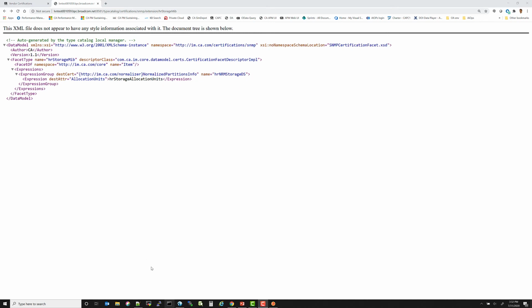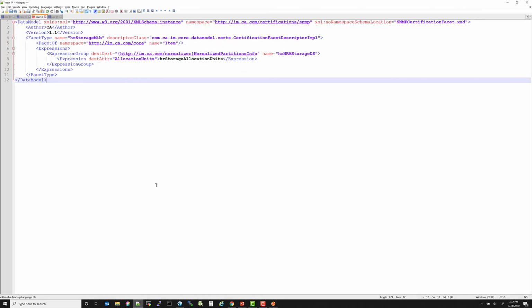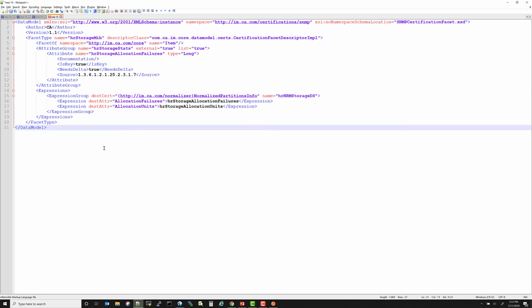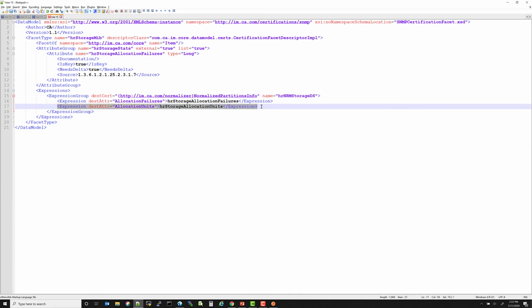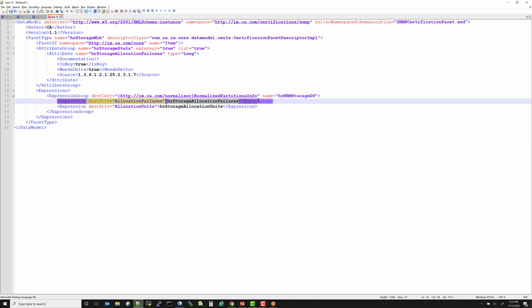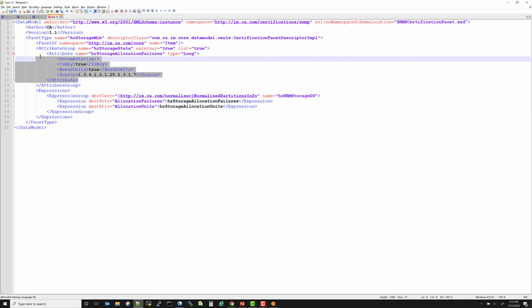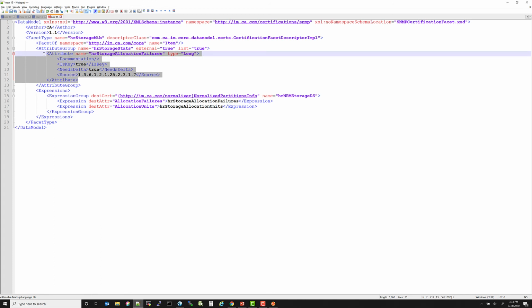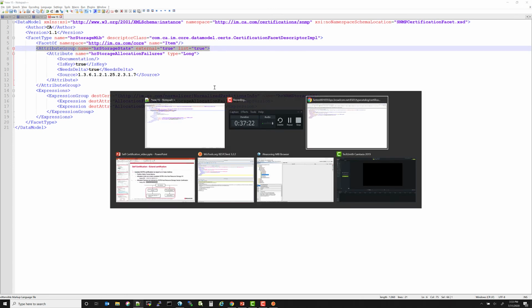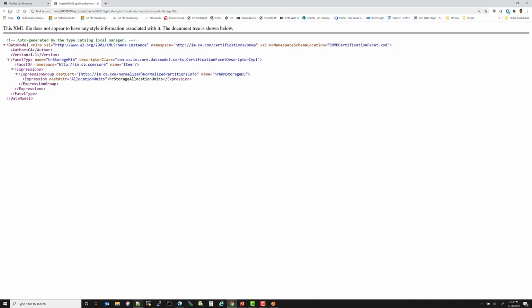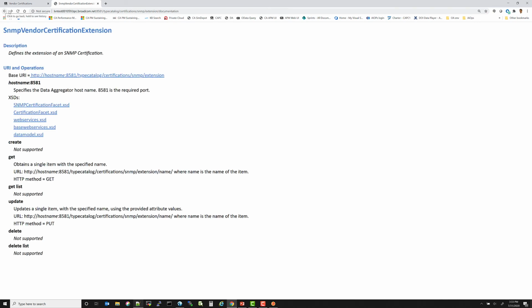Okay, so I've gone through this again. This is what we had before, and now we're going to add to this. Once you make that change, this is what it's going to look like. What we've done essentially is, earlier we had allocation units. We've added this new expression called allocation failures, and also added this new attribute, this OID, to poll within this attribute group. Again, remember when we looked at